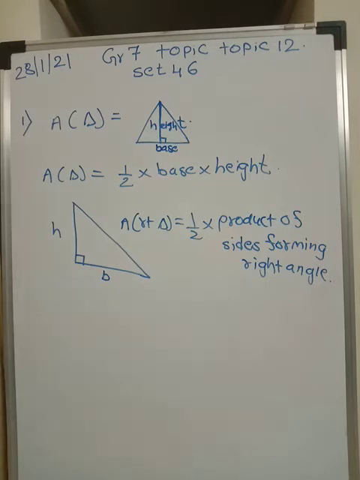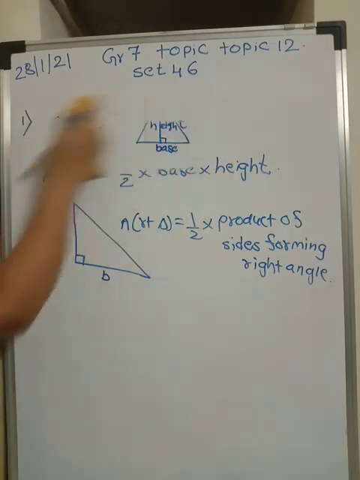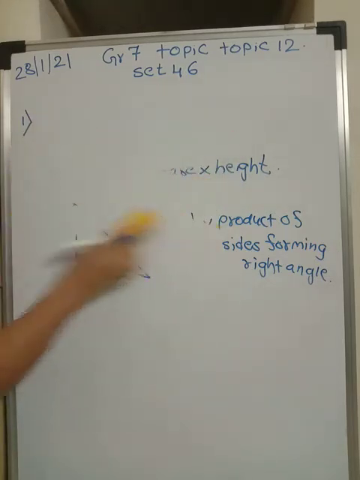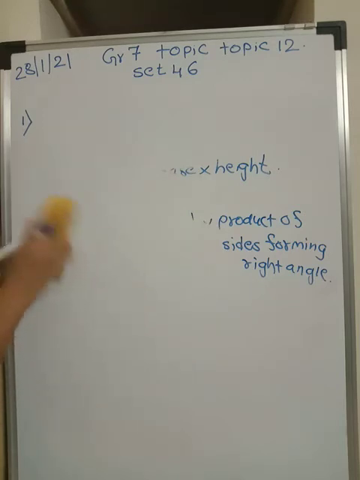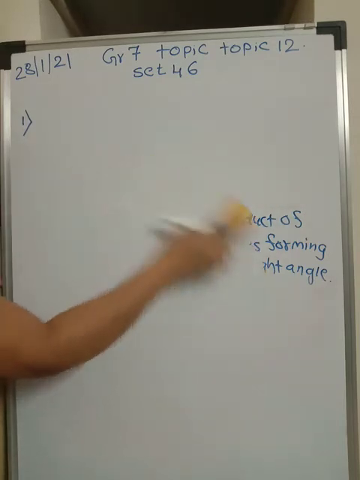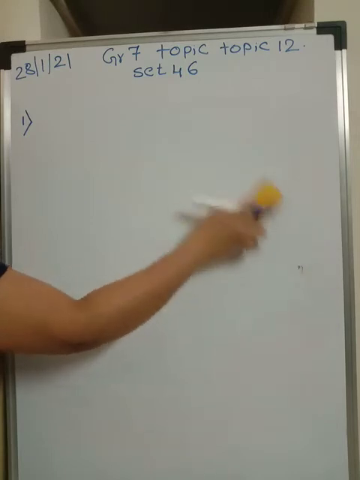And let us revise earlier formulas as well. Area of a rectangle is length into breadth and area of a square is side into side. And what is the unit of area? Either meter square, centimeter square, kilometer square, or to generalize it, we can say unit square. So let's start with the first problem. You may take down this formula, students. Pause the video, take down the formula for the area of a triangle.